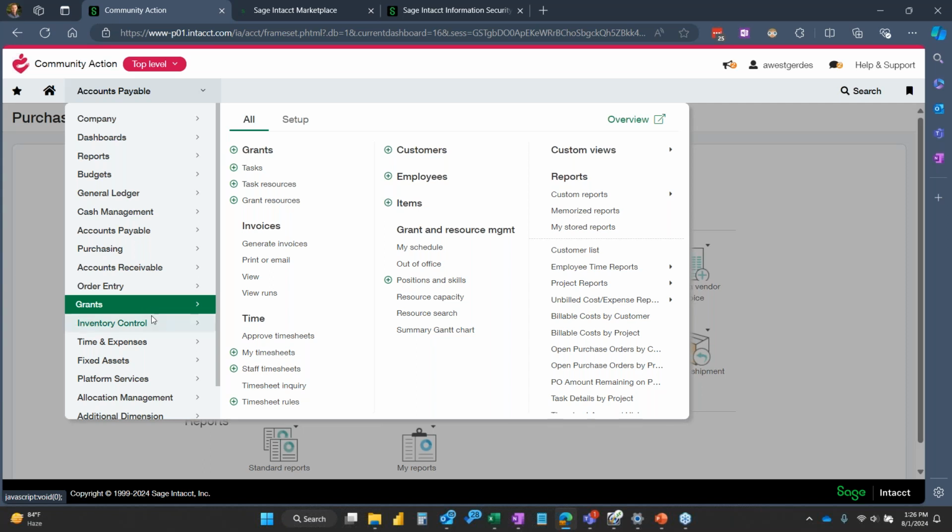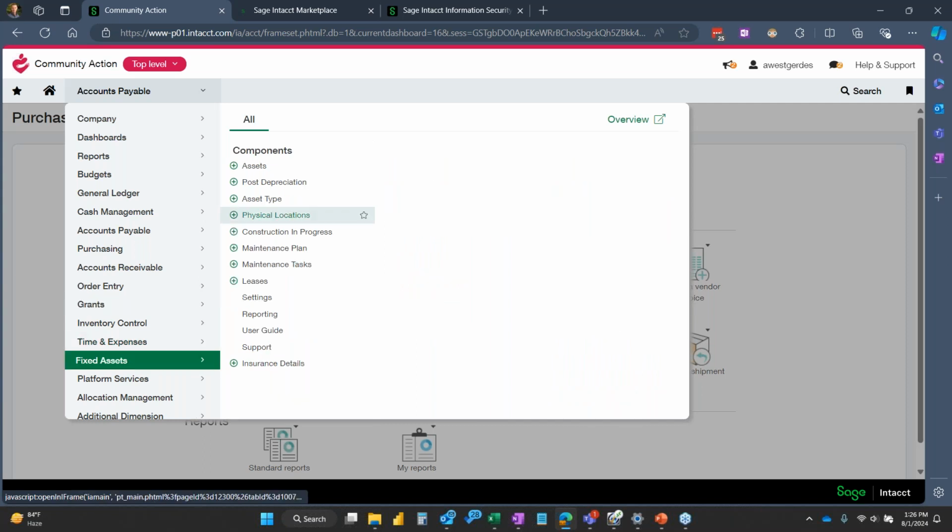And then touching on some of the more advanced modules here, it's not uncommon that community action agencies might need to track fixed assets. That could be large things like a vehicle, a building, equipment, but could be more granular, like maybe you need to track IT equipment, so what laptops are assigned to different individuals. Maybe I've got a construction project going on, and I want to capture costs of that before placing the asset into service. Those are all able to be maintained directly in the system